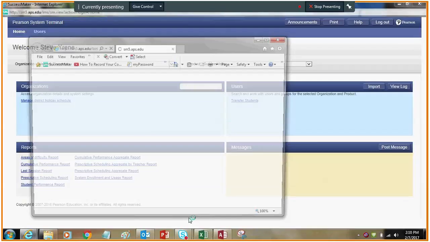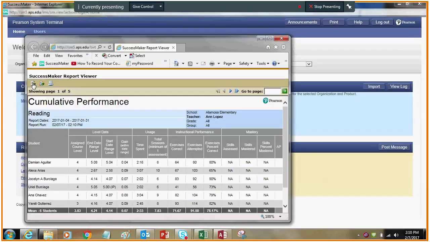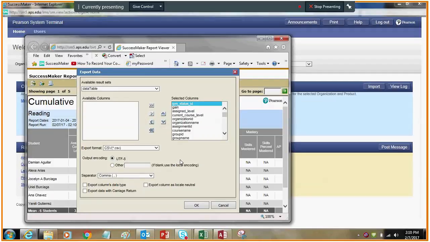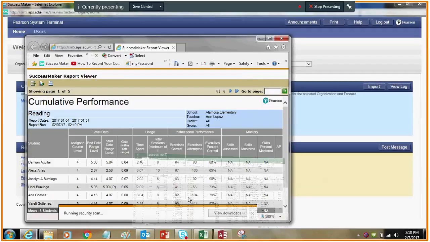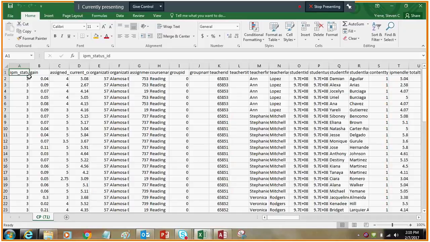Okay, click the icon, move all the fields, click OK, open,